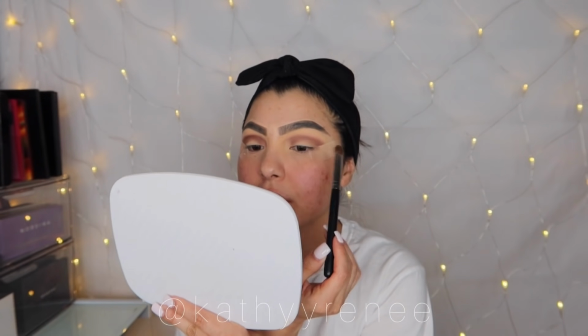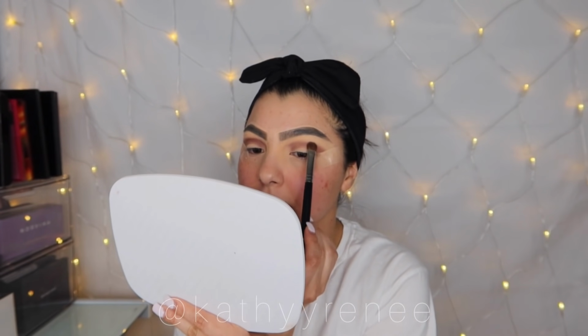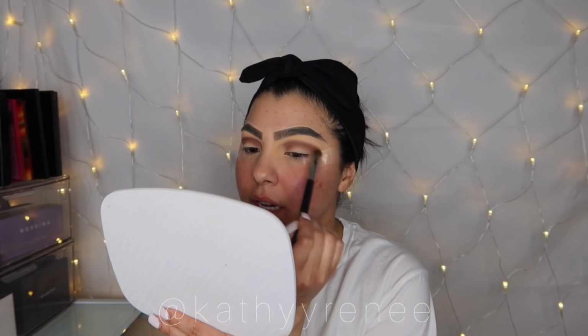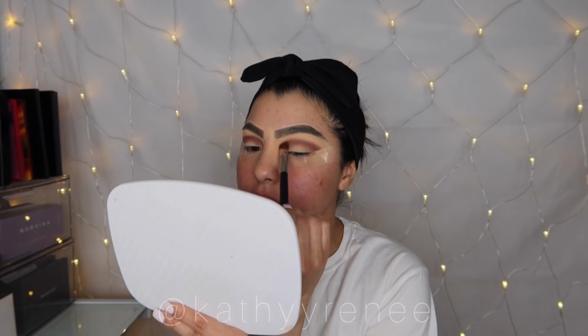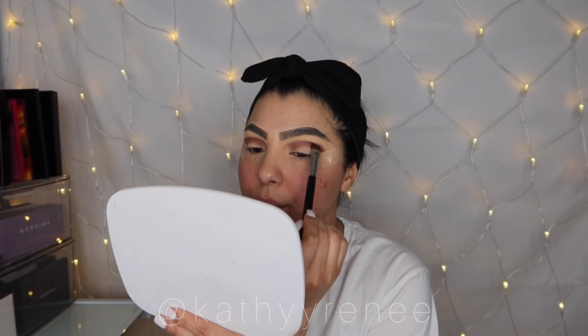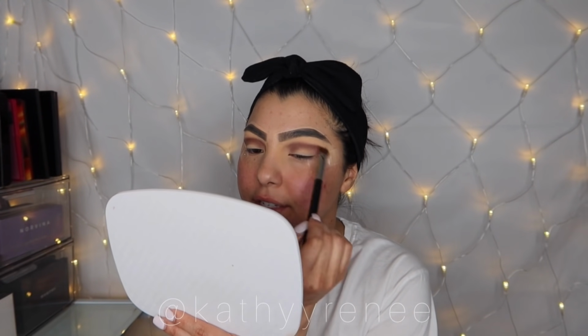Alright, I went back into the palette. I did dust it off, as you guys just saw. Same thing, I mean, stamp it, and then we are going to be blending back and forth. And notice how I'm holding the end of the brush. And then we're going to be building her. And it's okay if it's uneven from the other eye. Just remember, you guys, we are going to be blending it out with more colors, and